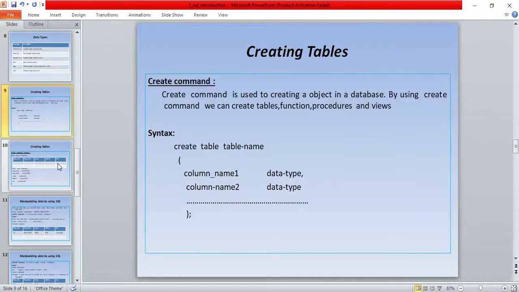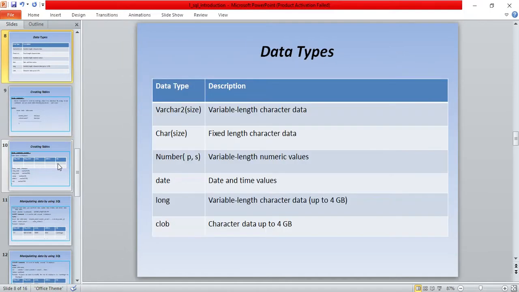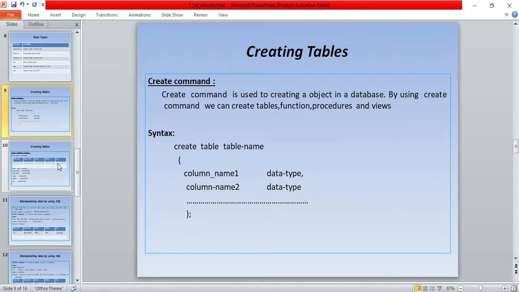Next one is creating a table. Create command. The create command is used to create an object in a database. By using the create command, we can create a table, function, procedure, and view. Syntax.